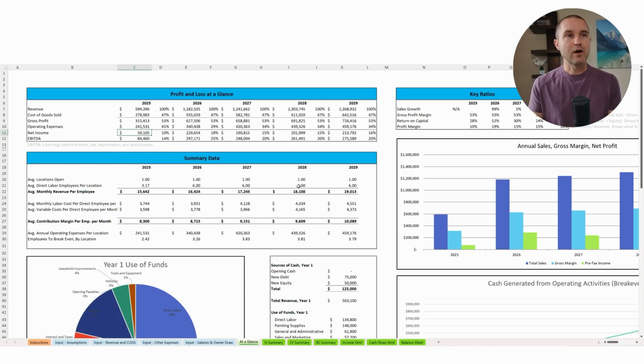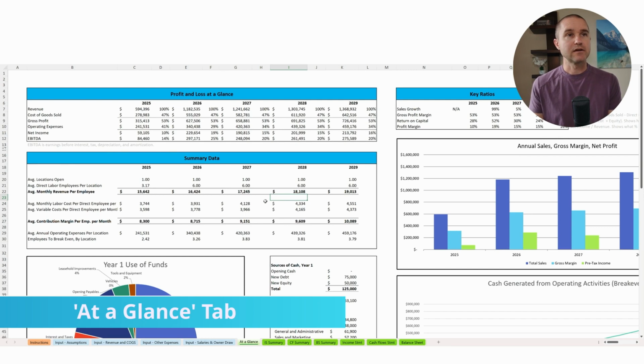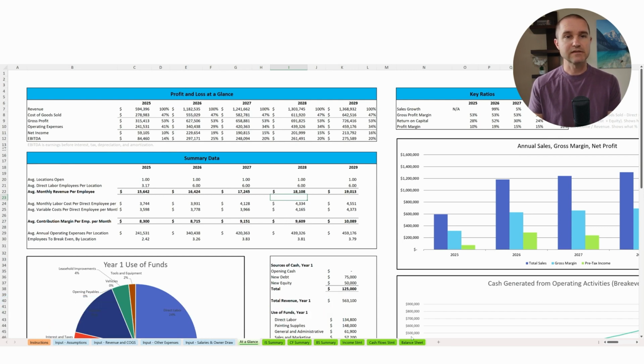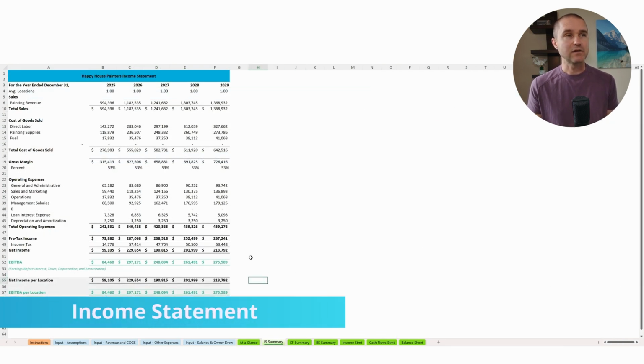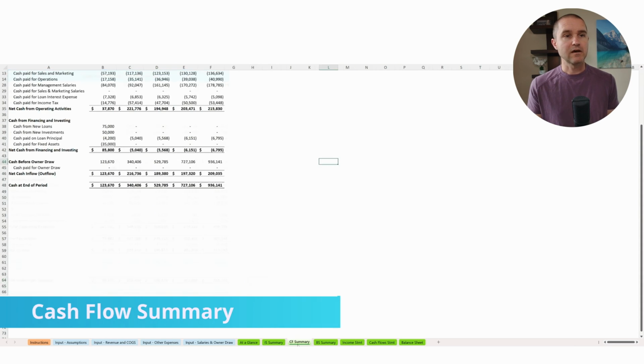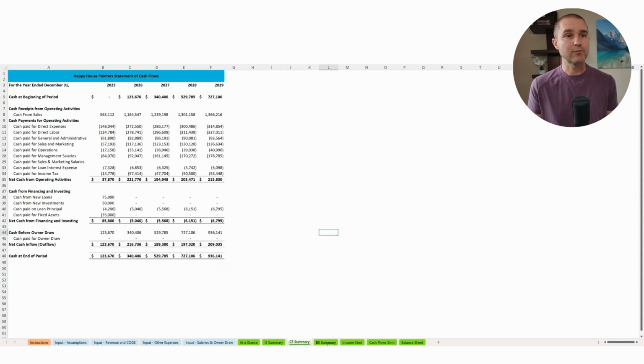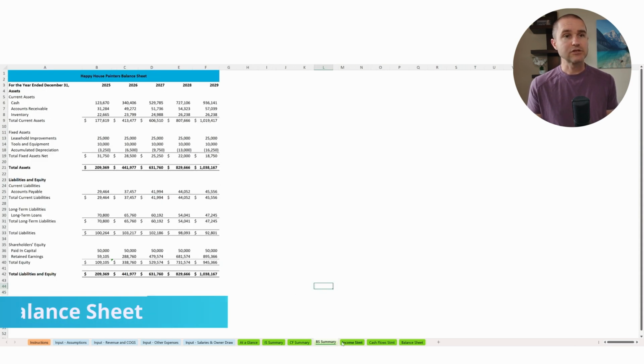Okay, so I am on the At a Glance tab here. This is kind of the end of the process, so I wanted to start with the end in mind here. Once you fill out all the assumptions, you're going to see a profit and loss at a glance table here, some summary data, some graphs and charts that you'd be able to pull into a business plan or a pitch deck. You're also going to get a 5-year income statement summary, a 5-year cash flow summary, a 5-year balance sheet,